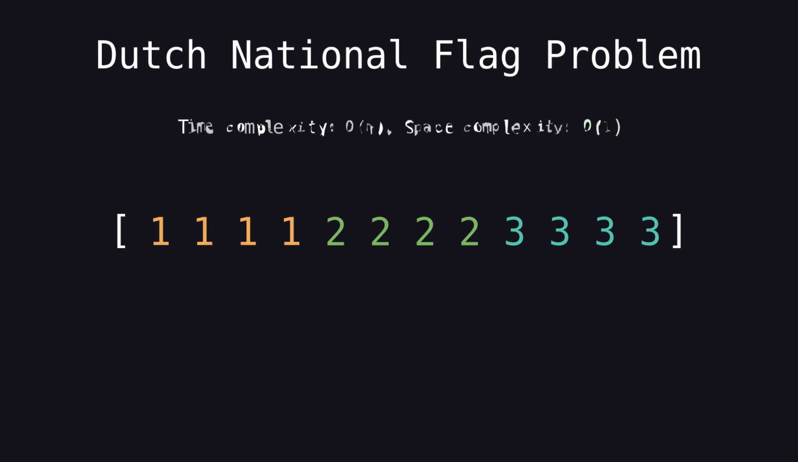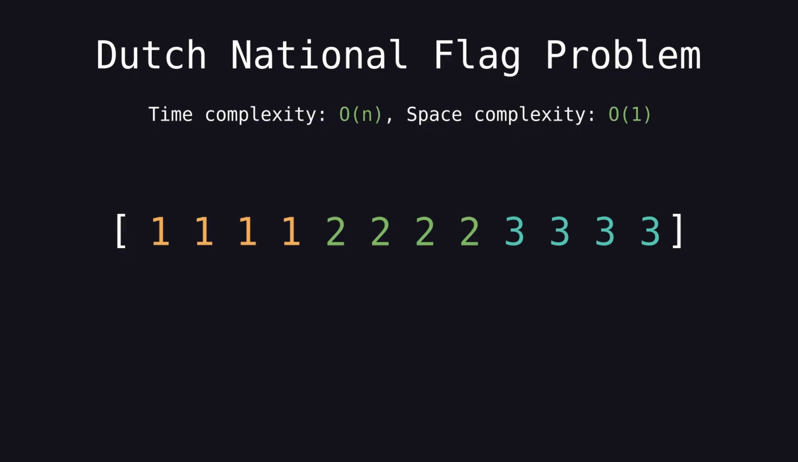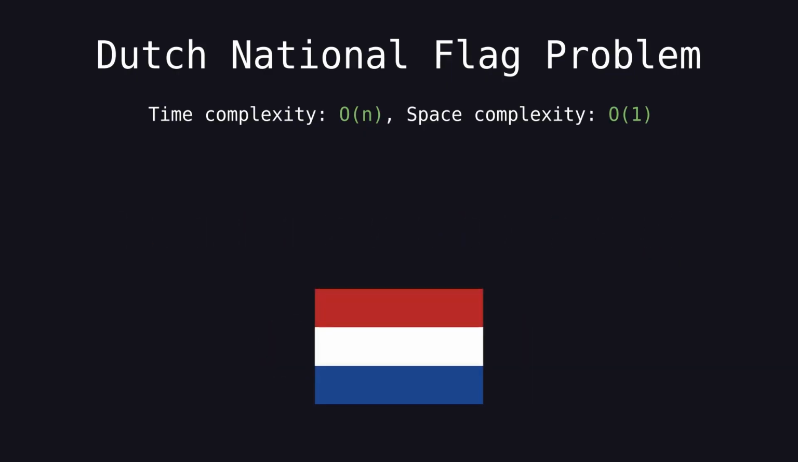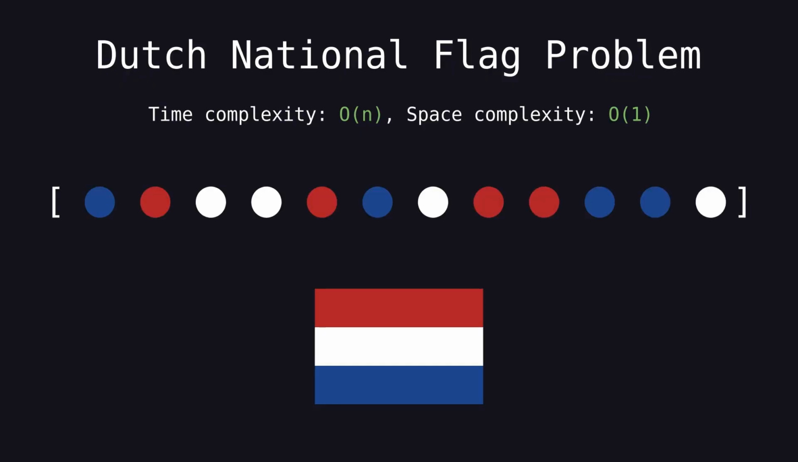It sorts an array in big O of n time and using only constant extra space. The constraint is that all the elements in the array take on one of three distinct values. It was proposed by Dijkstra. Yes, the same Dijkstra who created the famous shortest path algorithm. The reason it's named that way is because the Dutch national flag has three colors, red, white, and blue. So the problem was originally proposed as arranging balls of these colors in the order of the stripes on the